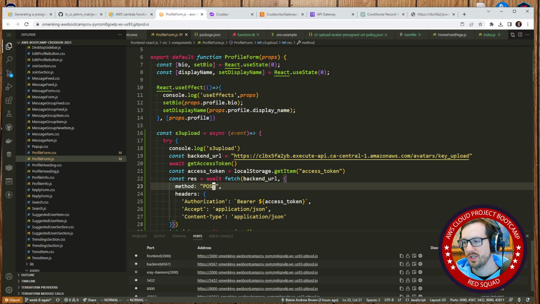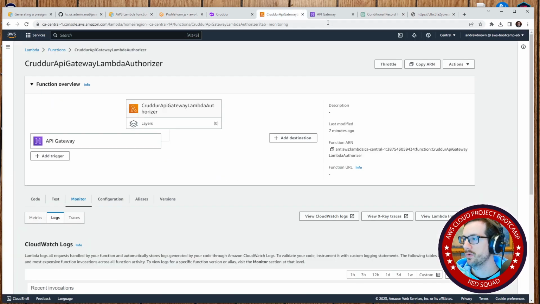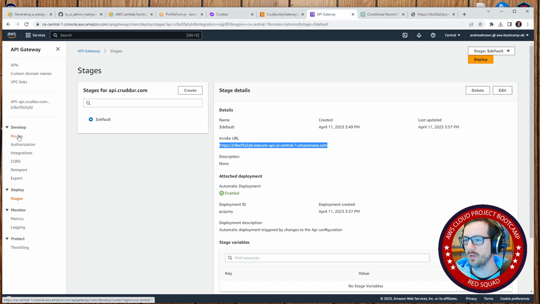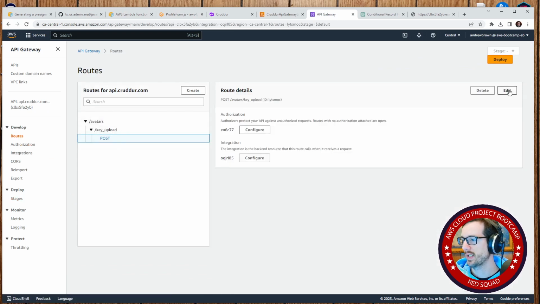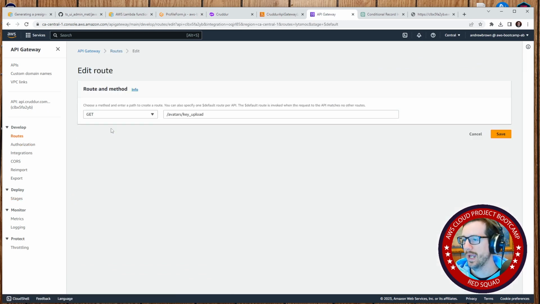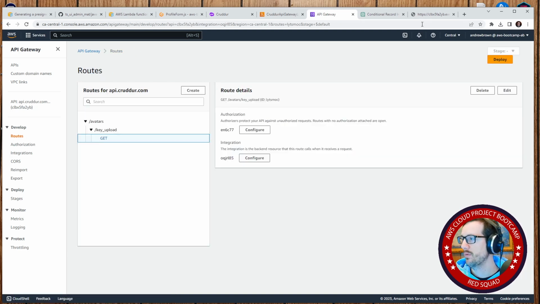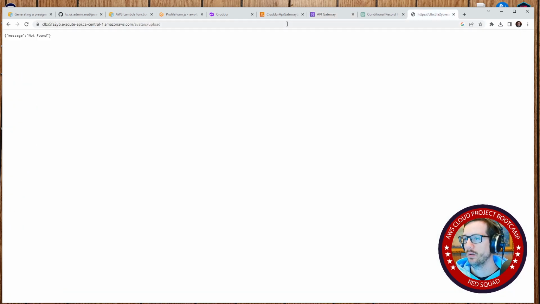Well, we can change it back to a GET if it just makes our lives a bit easier, but I would rather have it be a POST. I just don't want to be goofing around with this all day, or maybe it's caching or doing something weird. We'll go back and do a GET here. And now if we do that and we go back here,